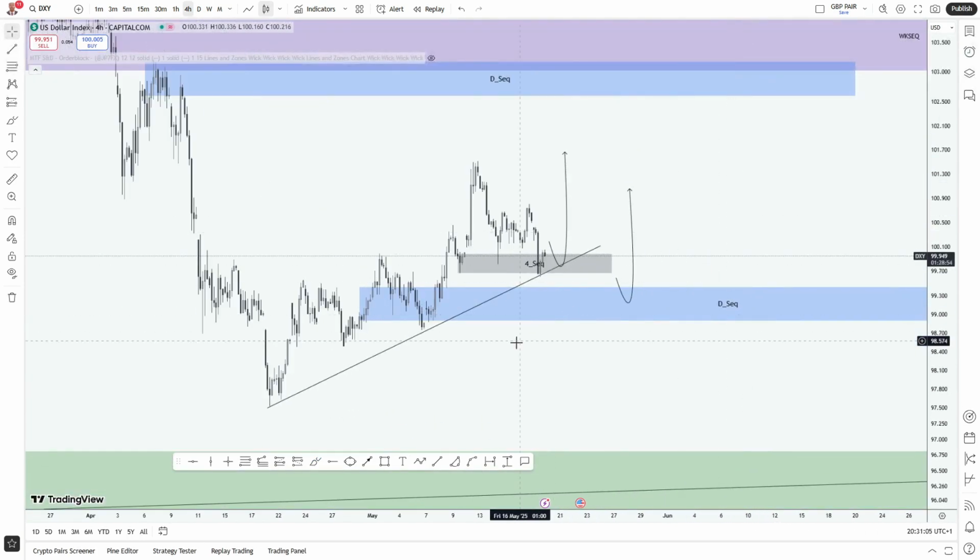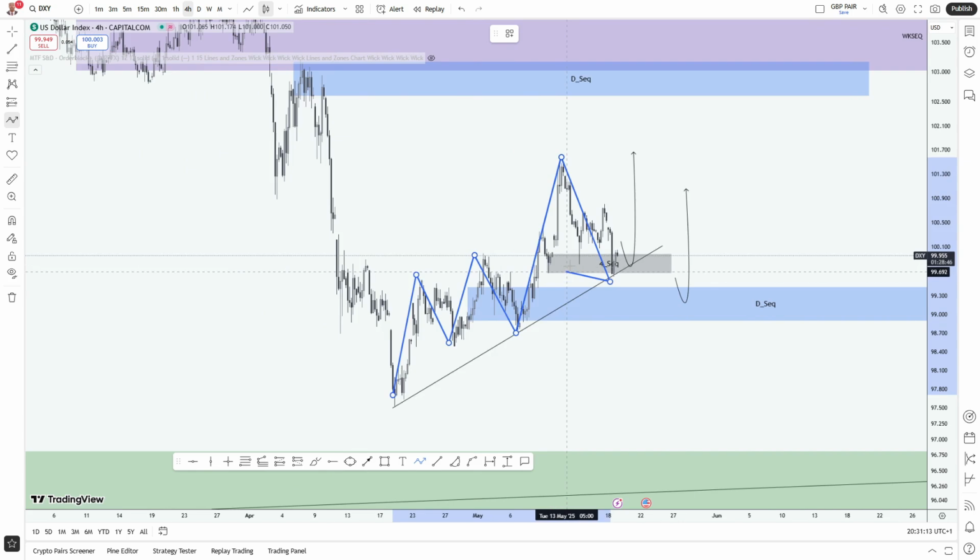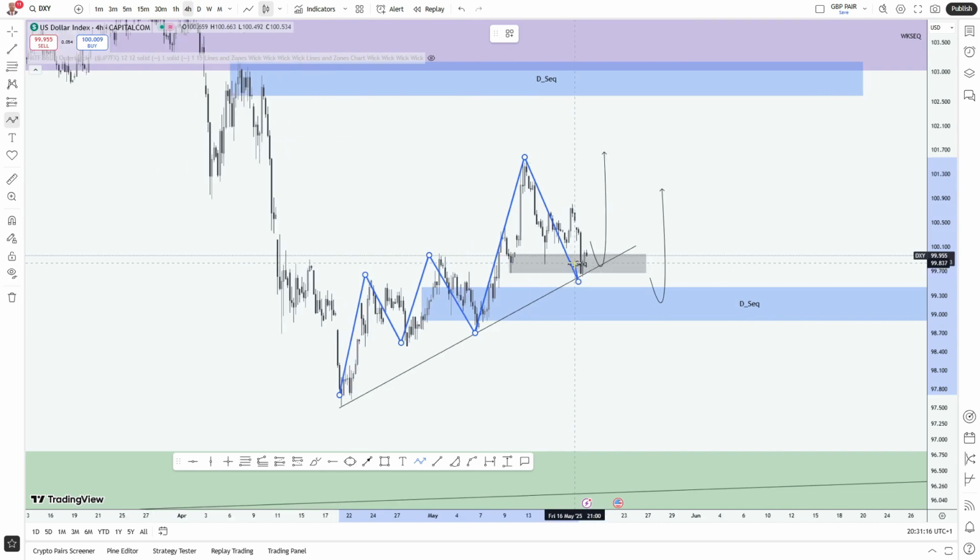Okay, we can see what price is doing. We can see that price is doing the whole of this. Okay, we can see that price is actually bullish on the daily, on the 4-hour time frame. So what we expect price to do is that if price actually comes to violate this area here,